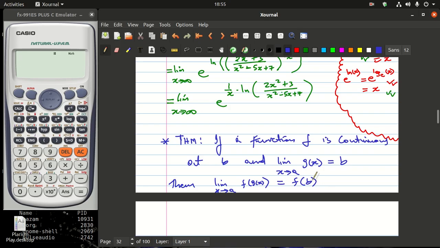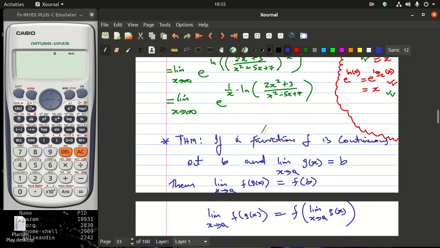That's what we said. So if you look into this here, as long as you know that this function here that is outside is continuous at this point here, you can always jump and find the limit inside. In other words, if you know that this is continuous, the limit as x approaches a of f of g of x is just the same as f of the limit as x approaches a of g of x. So you can just take the limit of what is inside if you know what is outside is actually